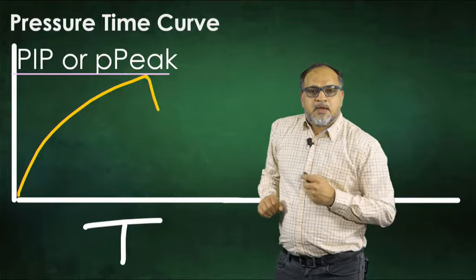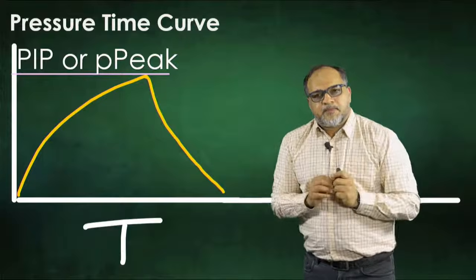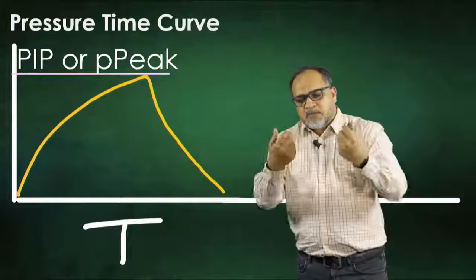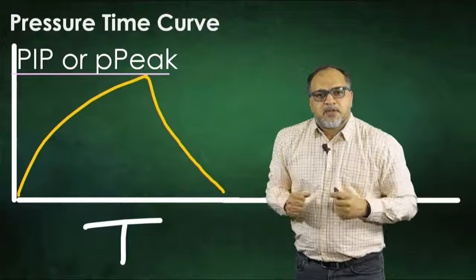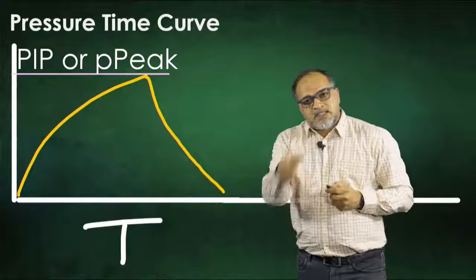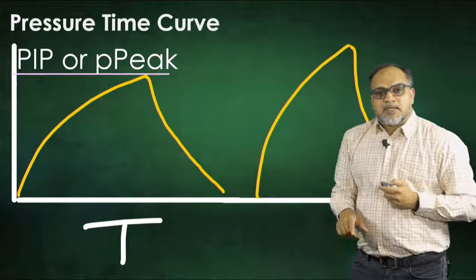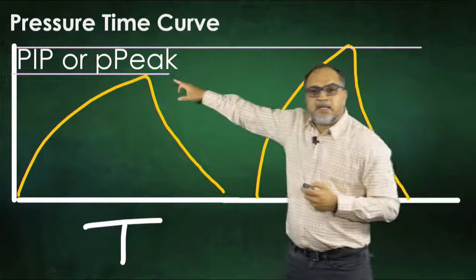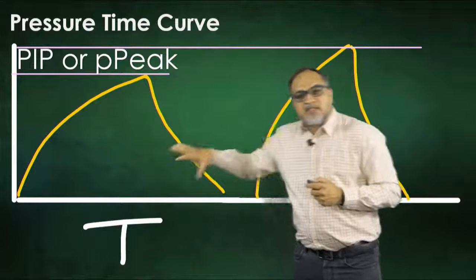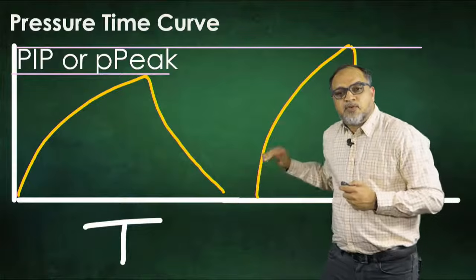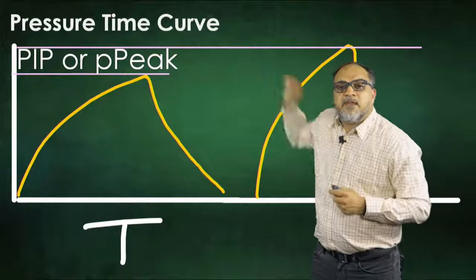Right. Now, let's say the same patient develops pulmonary edema. His lungs are filled with water. You gave him like 2-3 liters of water. Now, his lungs are stuffed with water. Now, if you want to give him the same 500 tidal volume, it will give the same 500 tidal volume, but this time the peak pressure, instead of being 30, it will go to maybe 45. So you are giving the same tidal volume, you are controlling the volume, but this time the pressure needed to generate that tidal volume is way higher.